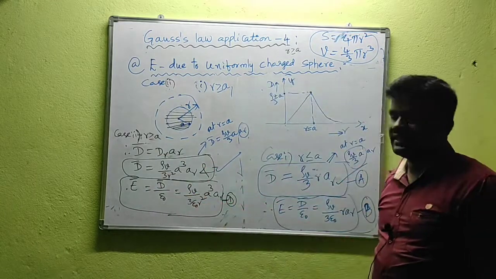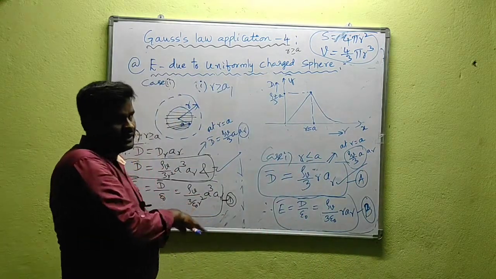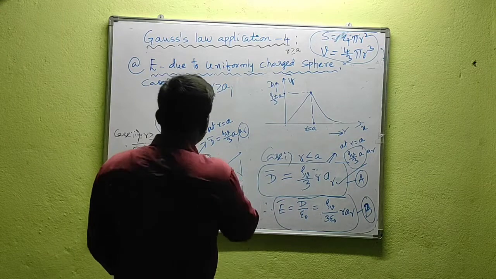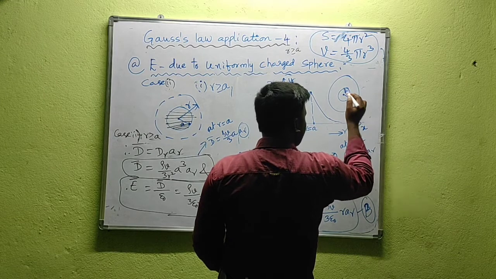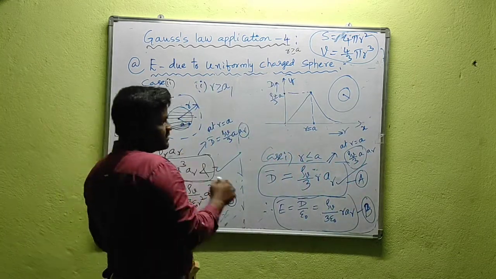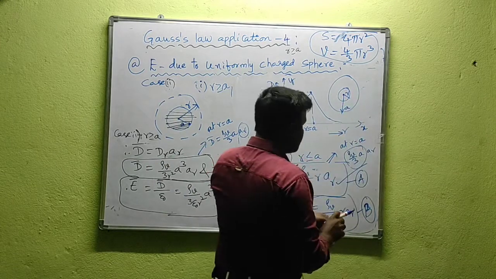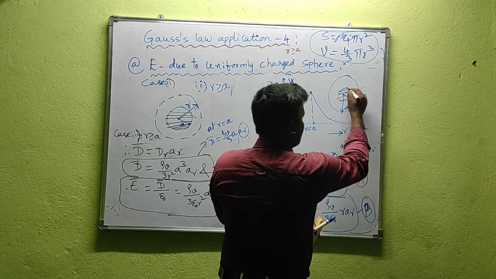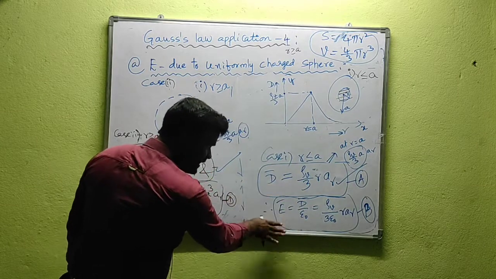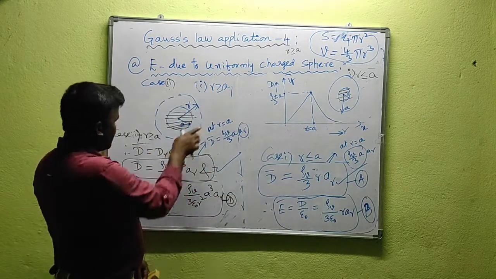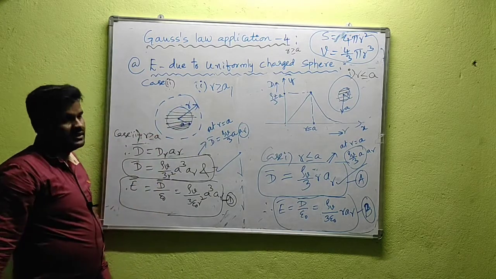From that D, we can find E also. Coming to today's class, what we discussed in this video: we considered two cases. One is R less than or equal to A, and another is R greater than A, which is case 2. R less than or equal to A means this case, where this is A and this is R, the enclosed region. That is case 1, for which we derived D and E like this. If R is greater than or equal to A, we derived D and E like this.